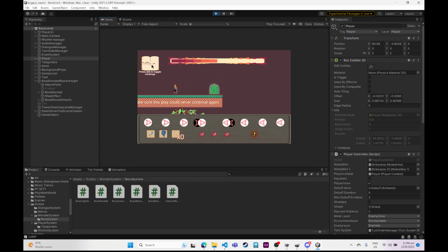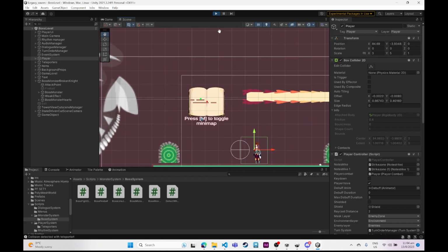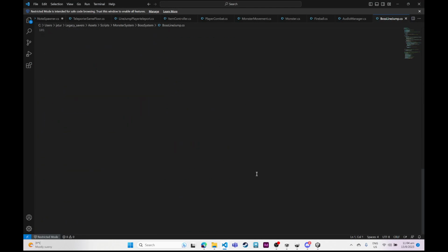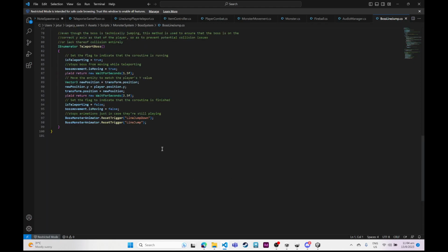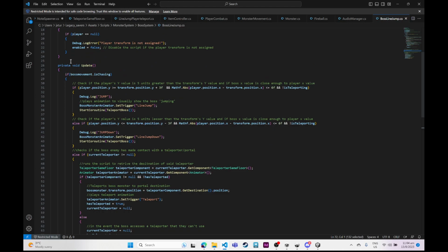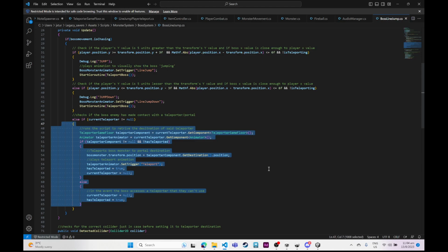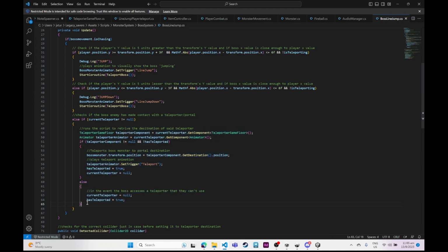If you pay very close attention to this map here, you'll notice that it moves. How this moves is by using the same code that the player uses, but instead of having player input, it just automatically teleports the player. So detected collider and update. Else if current teleporter is not equal to null, it basically does the same as the player. But because this is automatic, I also needed to add in some variables to make sure to deactivate it, because the moment the boss collides with a teleporter,